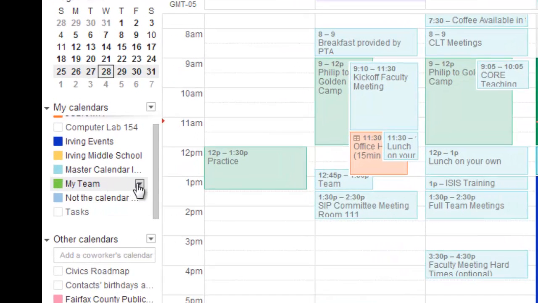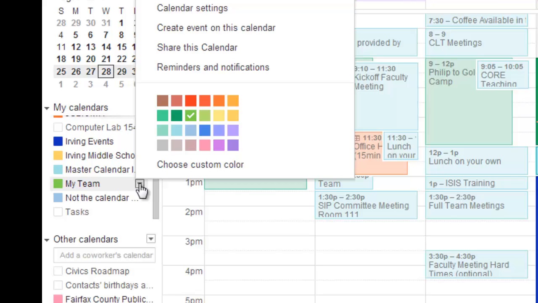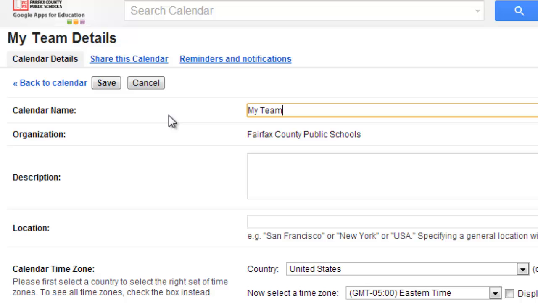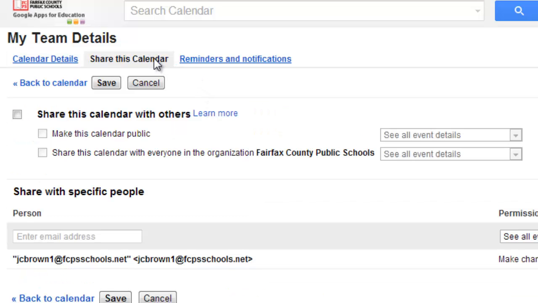And I'm going to have you go now back to that tiny little drop down and go to Calendar Settings. I know it looks like you're in the same place, but it's really going to help you a lot. Share this calendar. First of all, in order for this to be able to be seen, you need to make it public. So you're going to choose Share this calendar with others, make this calendar public, and it should say